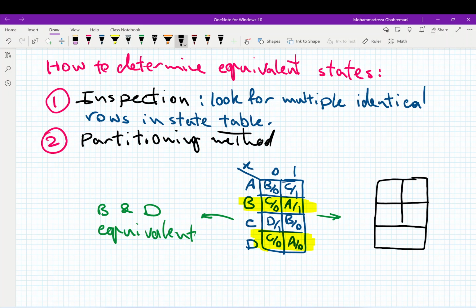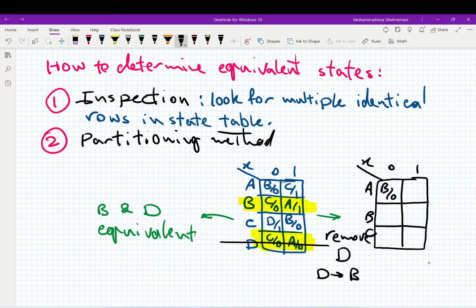So here, if we remove state D, anywhere in our table where we see D, we will replace it with B. And of course, we get rid of this state, okay? So we keep X, A, B, C, and now we fill this table. So we say B0, C1,